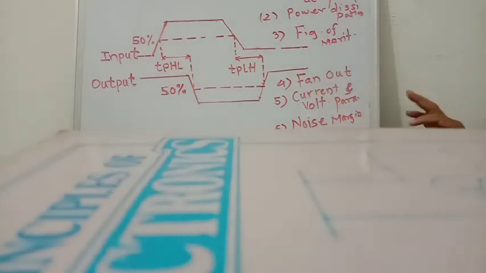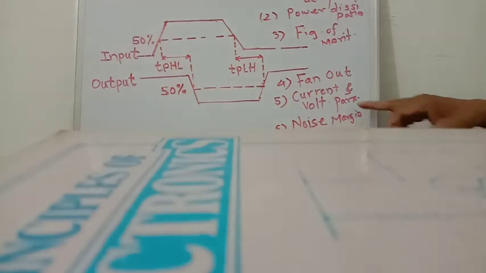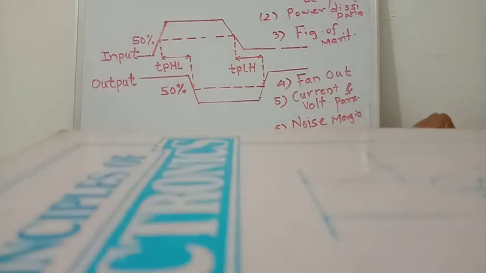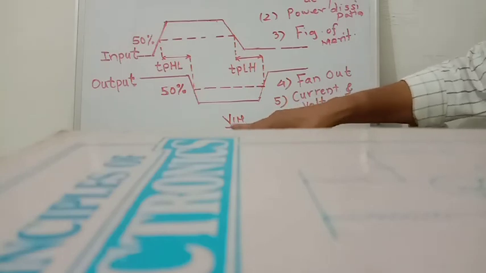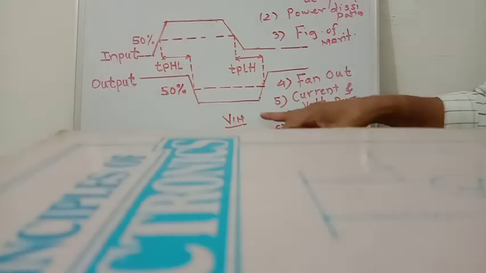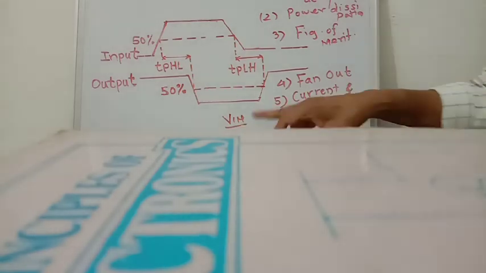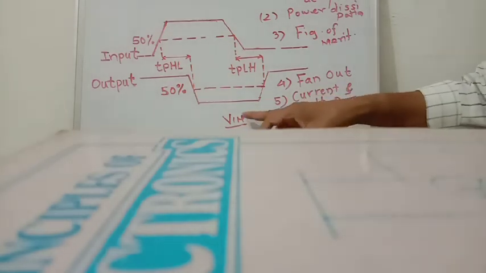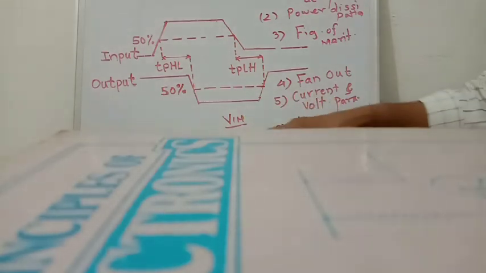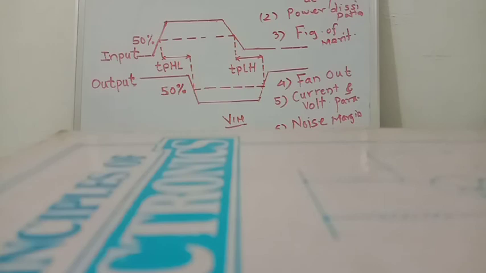Then current and voltage parameters. VIH means high level input voltage. It is the minimum input voltage that the gate can recognize, which corresponds to logic 1. Then low level input voltage,